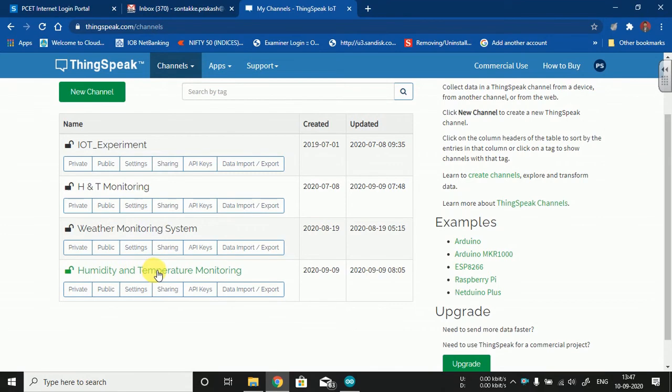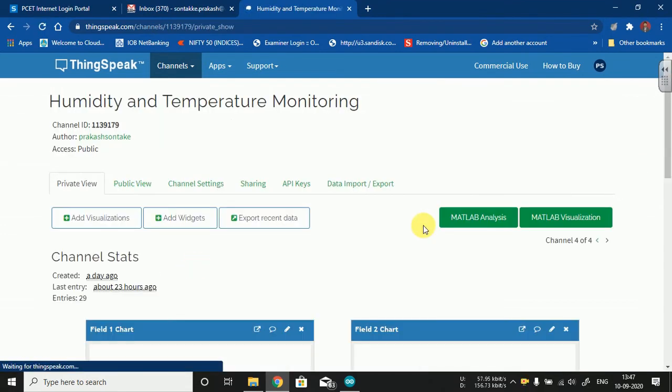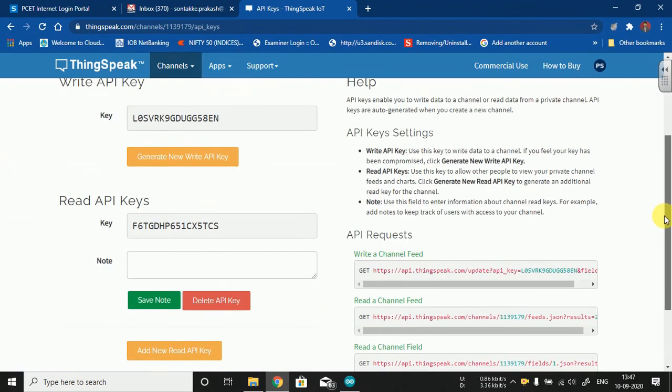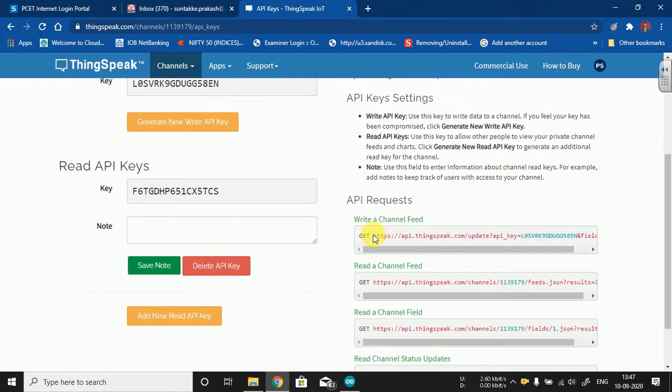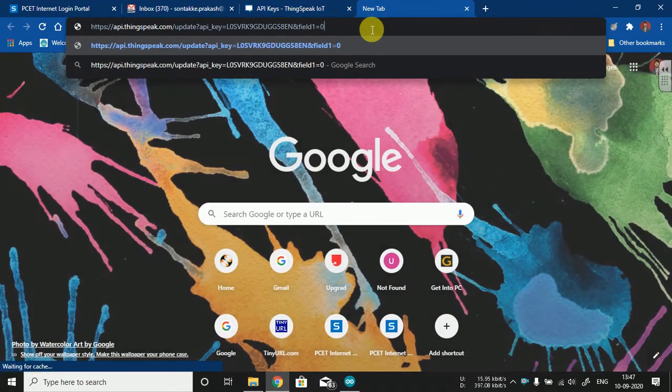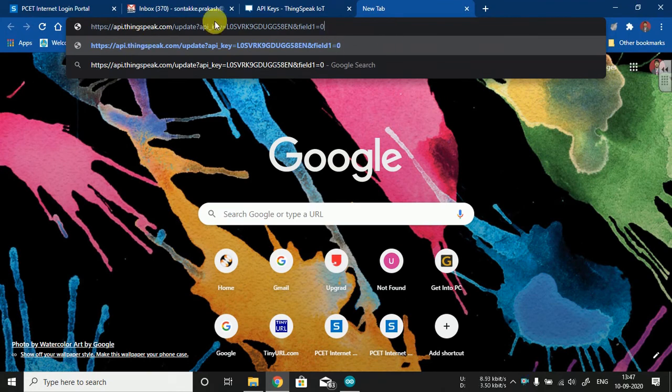If you prepared a channel for humidity and temperature monitoring, you can go to the API keys, where you will get this particular feed URL. Let us observe what it consists of. I am opening another tab and pasting it. Now see what the contents of this URL are.